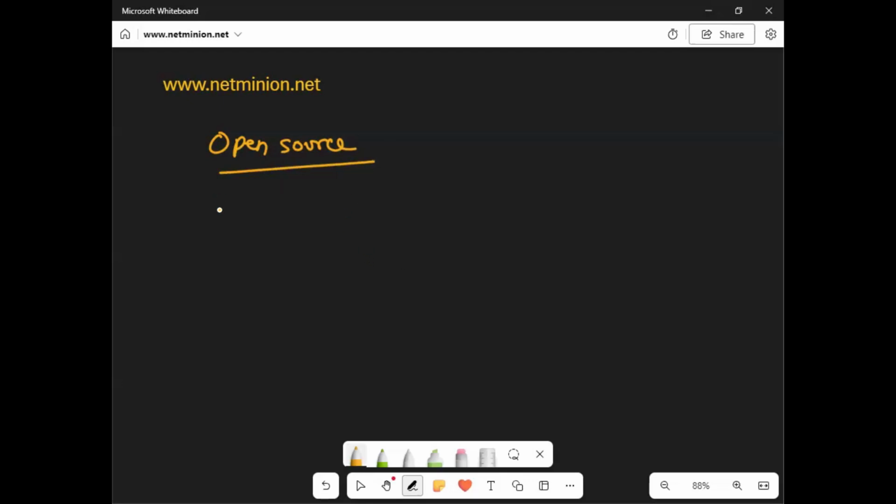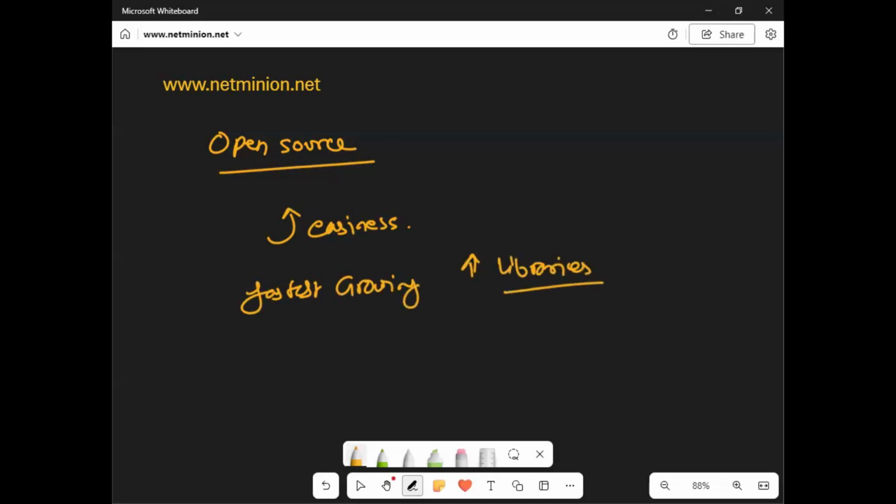for your programs. Second thing, it is increasing in popularity because of its easiness. Okay, very easy. Third, it is the fastest growing in terms of libraries. And these libraries are really very important because when you are going to use different vendors, you will be able to understand what is the use of a library. Okay. A general purpose language, I will say. It is a general purpose language.